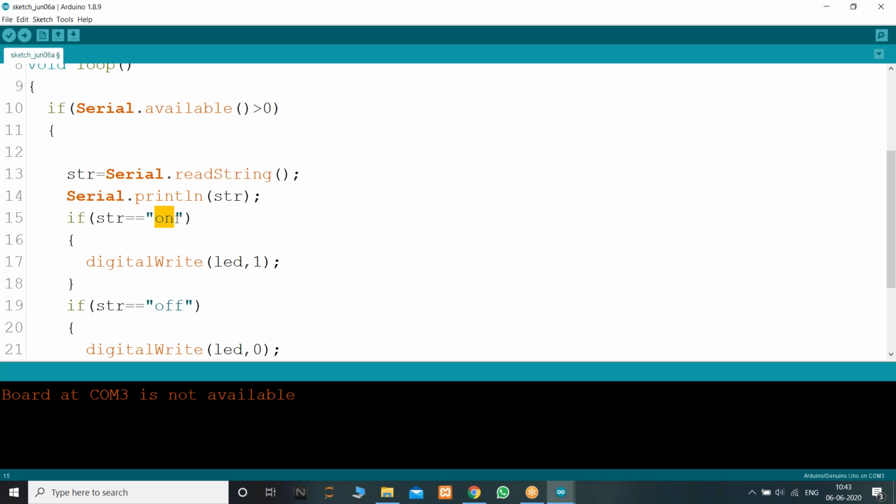You can pass these instructions through wireless communication also, by using wireless protocols and wireless devices. Am I clear with this? If you are stuck anywhere, please do respond. I'll try to resolve your issues. If you have any queries, you can ask me also.